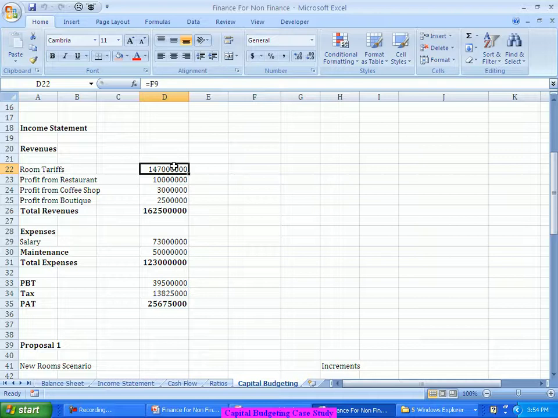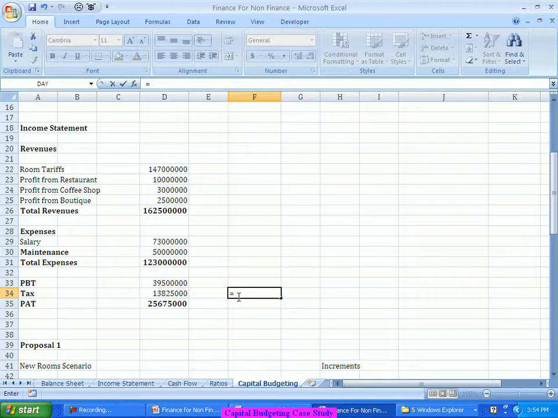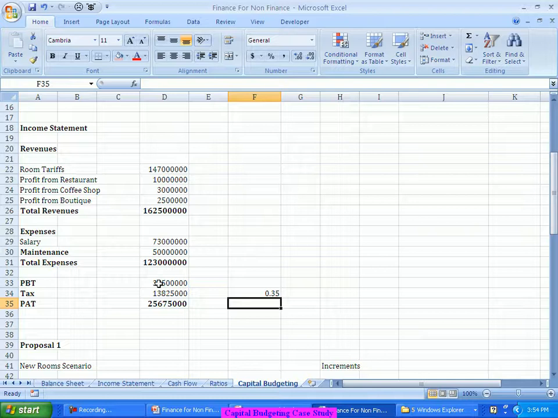On that, you are paying a tax of 35%, which is 1.38 crores. I mean, once you derive it, it is nothing but 35%, right? 1.38 divided by 3.95, around 35%. So why we are confused? Though he has given the tax is 1.38 crores, I will do it in percentage.